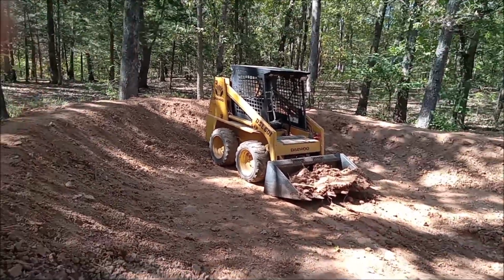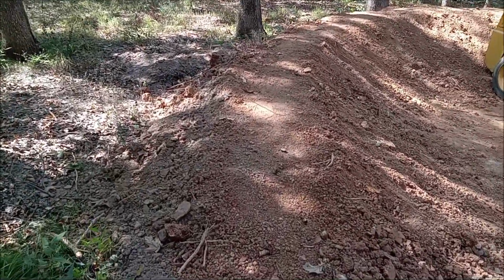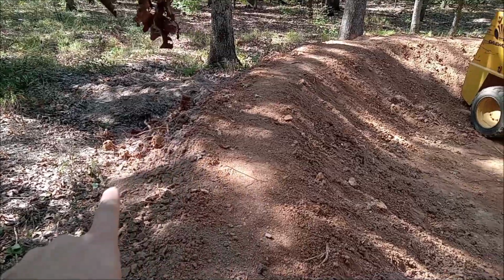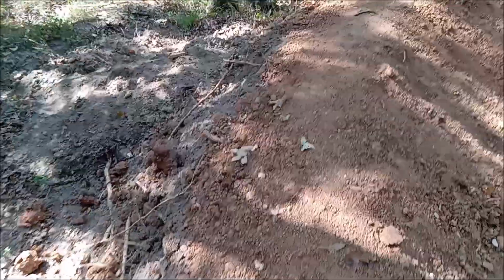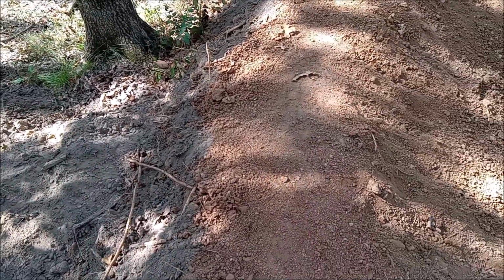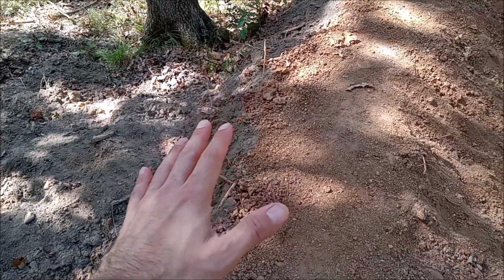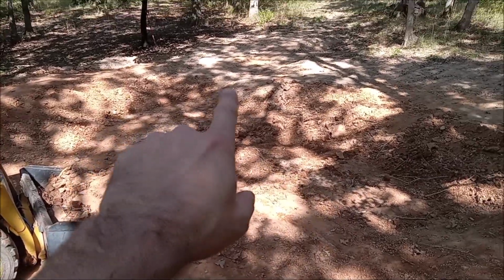Okay, I've gotten a little bit deeper. Now my problem is the dam's a little narrow, so I'm going to have to put some on the back side. What's really nice is you can tell the difference between topsoil and the clay here. So I've got plenty of clay on the inside, and I can keep doing more clay on the inside. But so what I'm going to do,